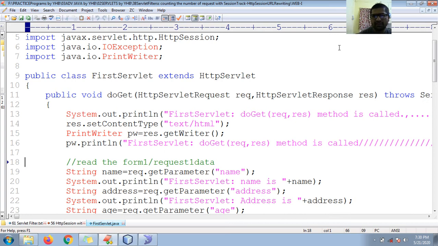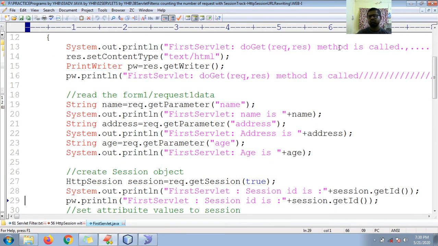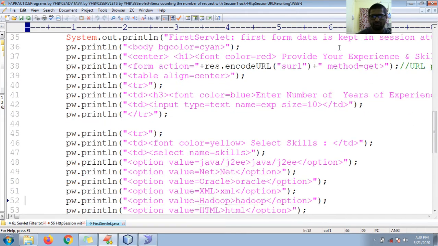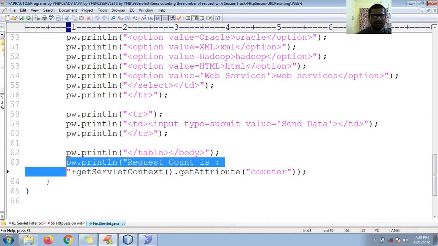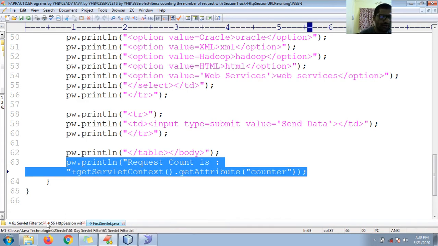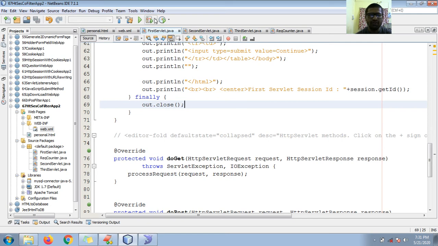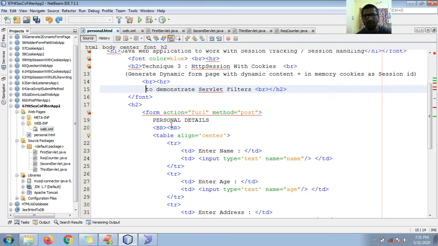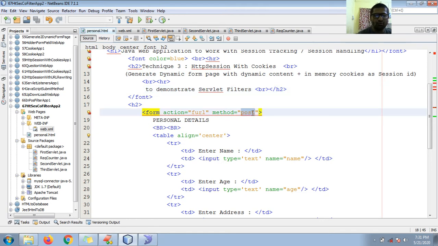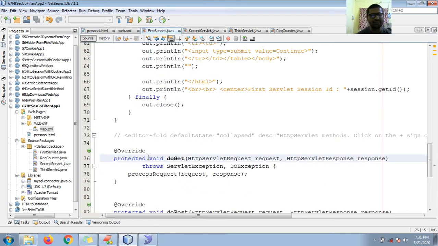Instead of doGet, directly I can keep it in the process method only. So what should I do? I'll keep this statement. What is the statement? Control Shift W. You can see this. So I can keep this statement in every process. You can go for doGet or doPost, guys, no matter. Control Z. Control Y. Okay, fine.